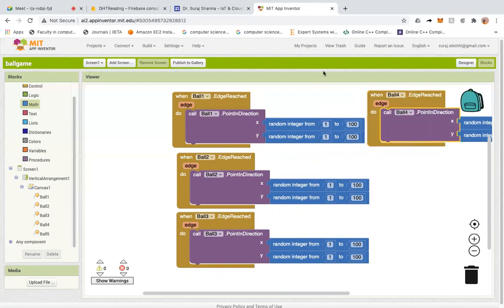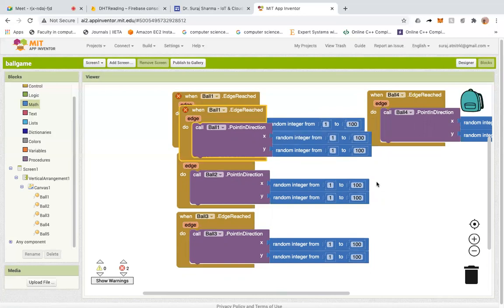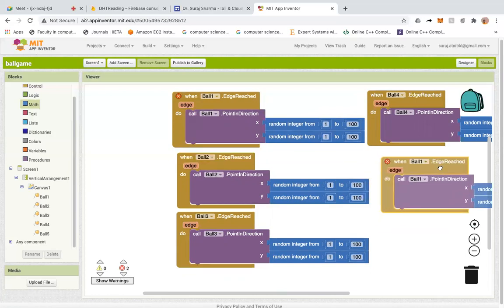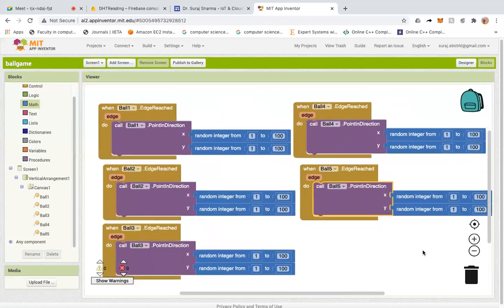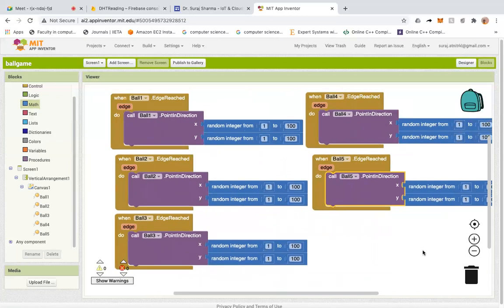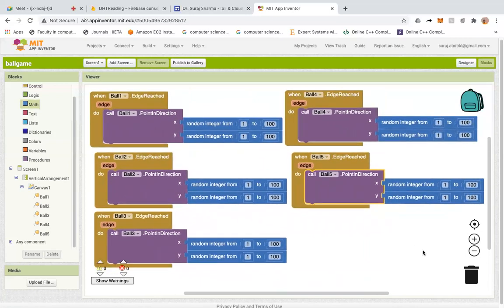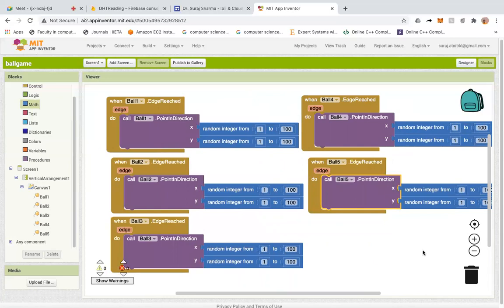And this is my fifth ball. So whenever these balls reach the edge, they will change the direction in X and Y. Okay. Now, second thing, when we touch any ball on the screen, it should be